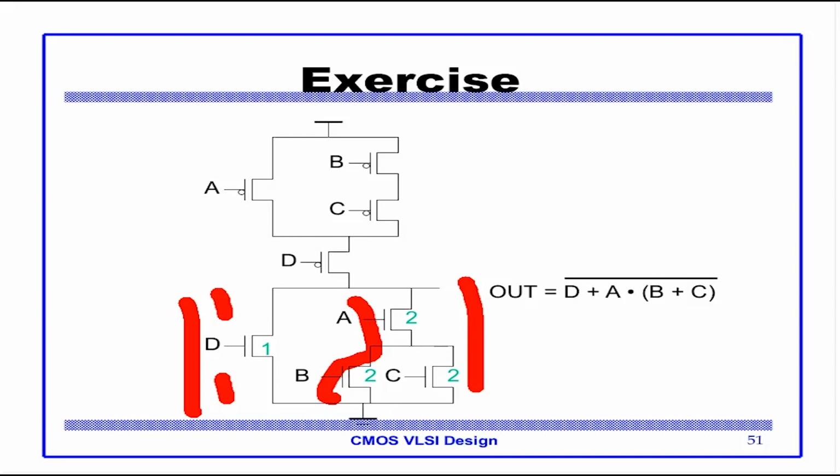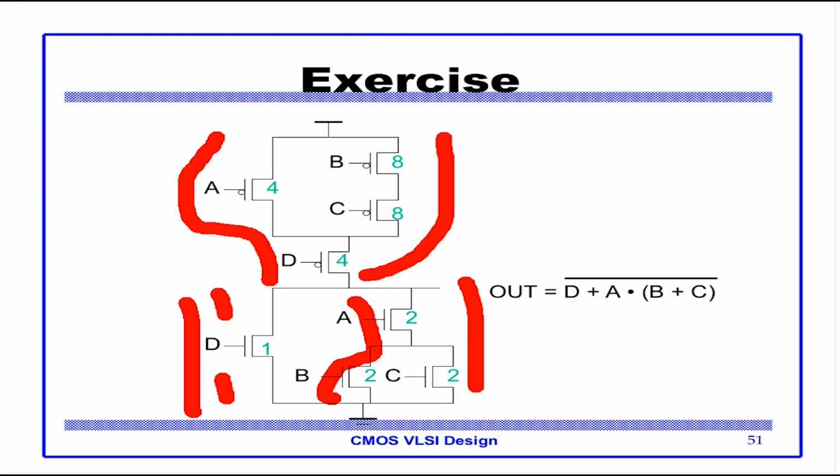Similarly for the pull up, we see that D is in series. Now to A, B and C, again I'll put in the numbers here. So when D is in series, let's put the numbers, starting from A, B and C. When B and C are in series, now usually the PMOS is twice as wide. Now we'll assume that either this part will be active or this part will be active. Let's label it 1 and let's label it 2. So when 1 is active,